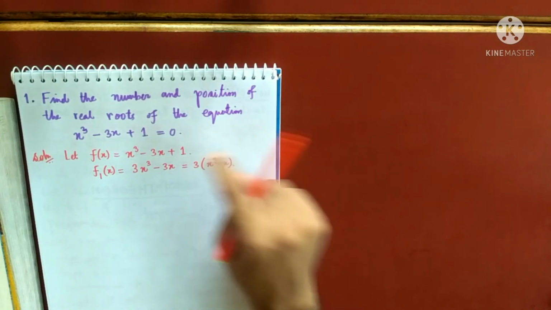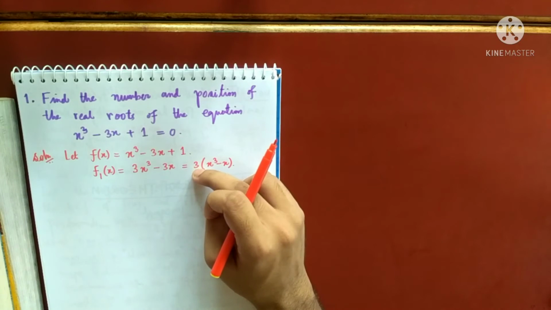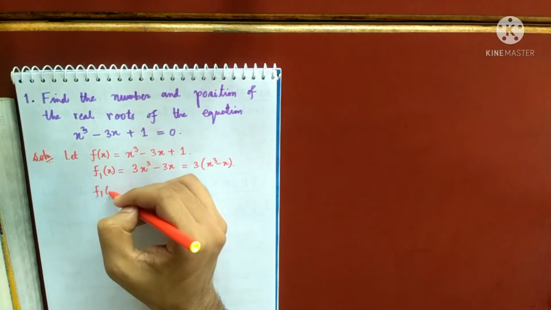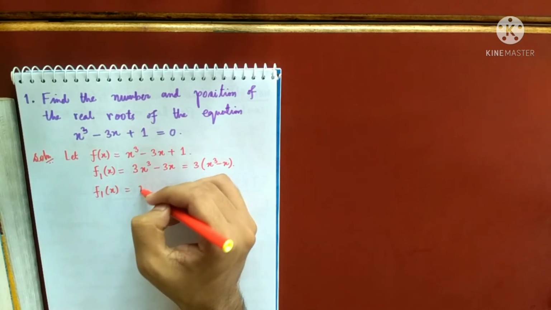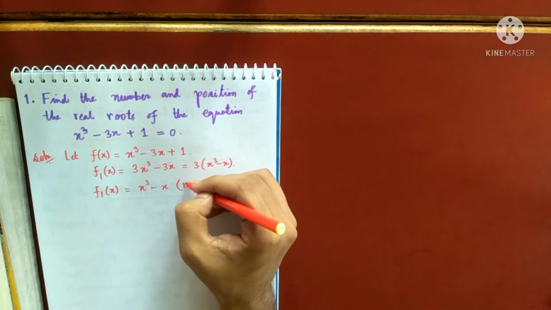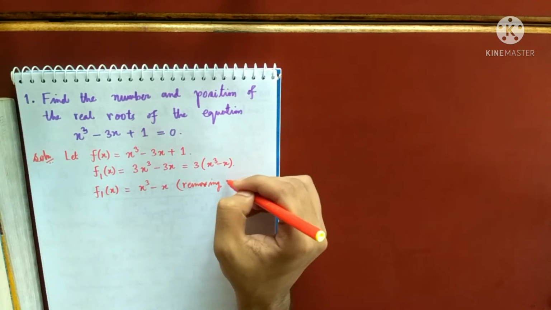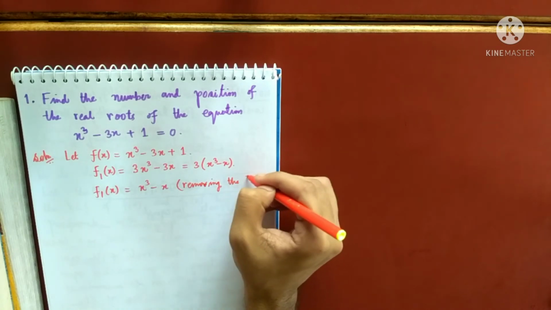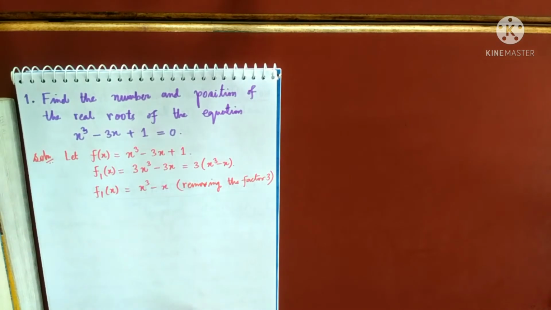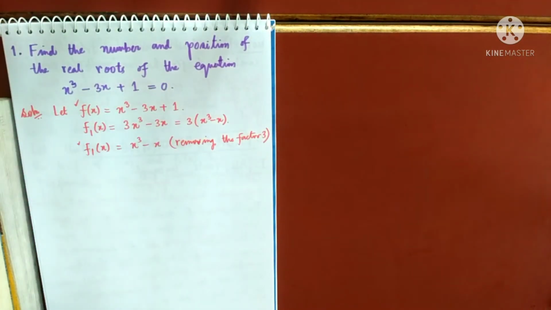Suppose minus 3 was common, then you cannot remove that minus 3, you can only remove 3. So what is f1x? F1x will only take this much, x cube minus x, removing the factor 3. You can remove only the positive factors, positive constant, removing the factor 3. That is allowed, okay? Factor 3, because that was also allowed in HCF. So I have my function, I have my derivative.